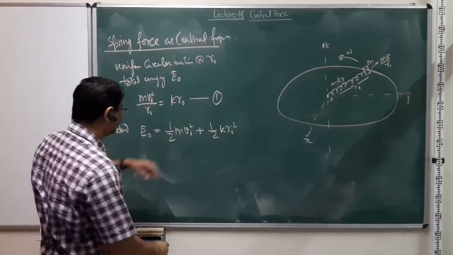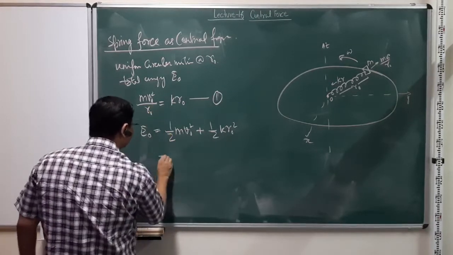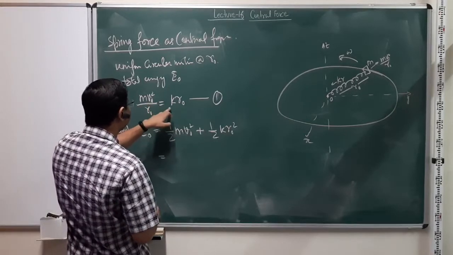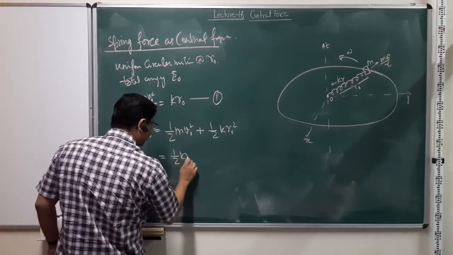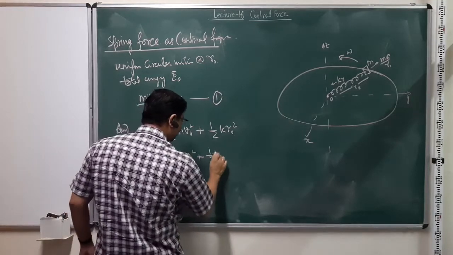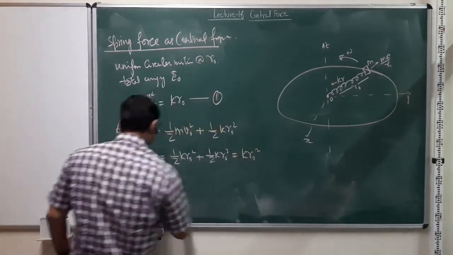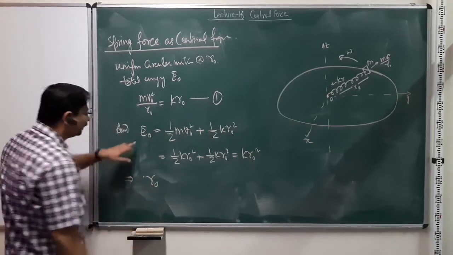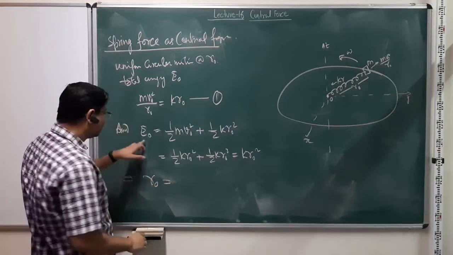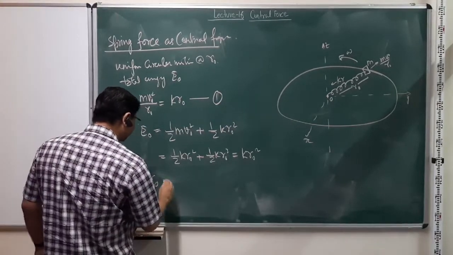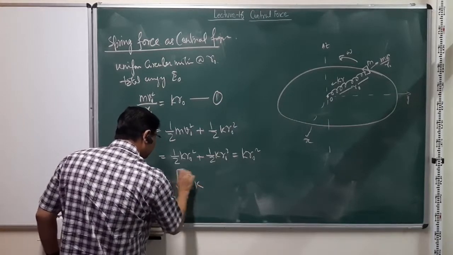So this is my total energy. And now instead of V0, I can use the expression from before and replace it here. V0 squared is simply k r0 squared over m. So this will be half k r0 squared plus half k r0 squared, or simply k r0 squared. And this tells me that for a given energy E0, if the system is under uniform circular motion, we can find out the radius of its circular orbit as E0 over k.